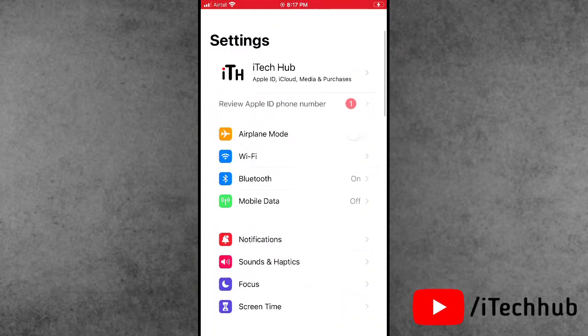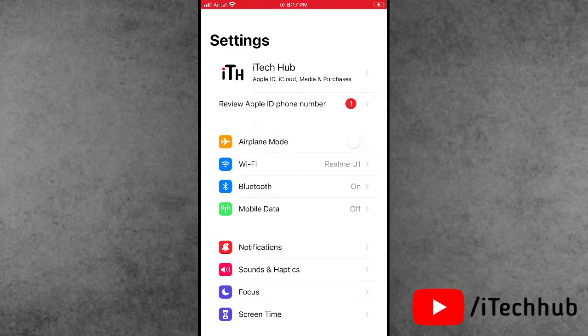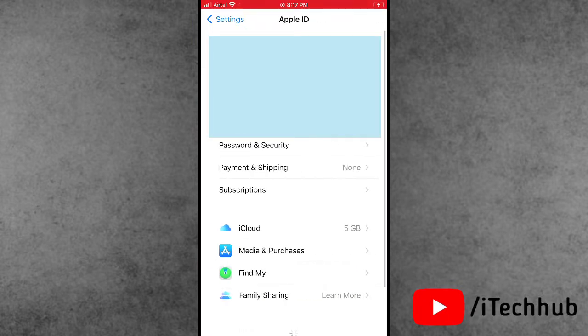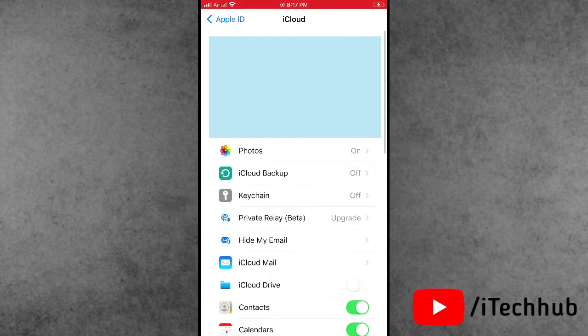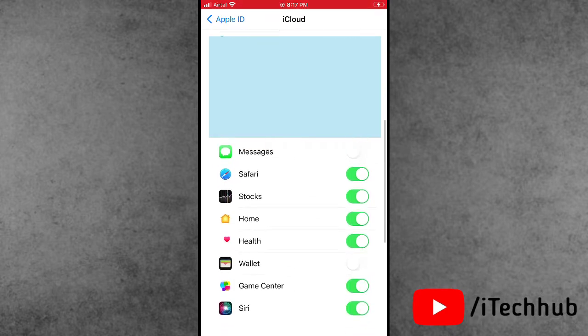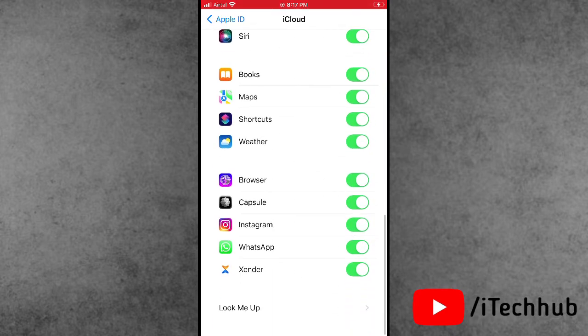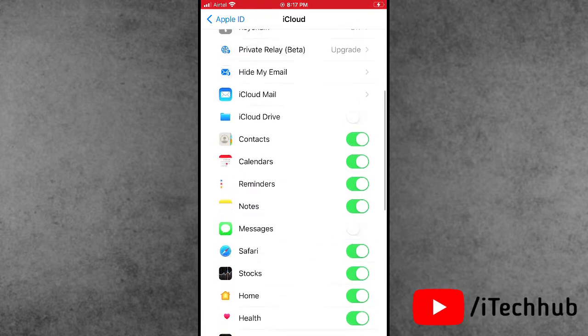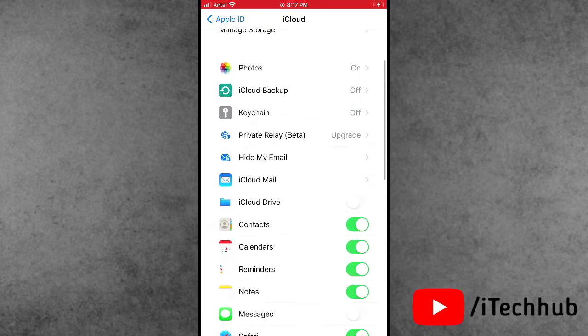Now first of all, open the Settings app. Now the first one is your name. Please make sure to tap on it. Now scroll down and tap on iCloud. In iCloud, find out whether the Voice Memos option is available. If this toggle is turned on, please make sure to turn it off on your iPhone settings